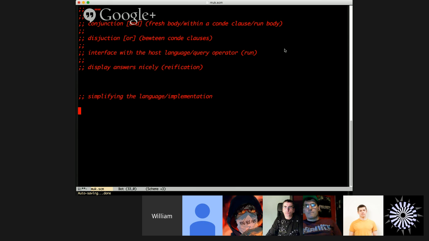Scheme was our host language, so it made sense, we thought, especially for the purposes of the book, to have a syntax that looked very schemely, so that you could play this game of translating Scheme code into miniKanren code, and if you saw a cond, then you could translate the cond into a condi, that sort of thing. So the reason condi looks like cond in Scheme is that we were just trying to syntactically resemble Scheme as much as possible. So that's a trade-off, because condi,